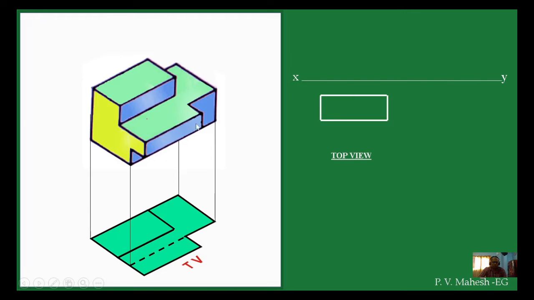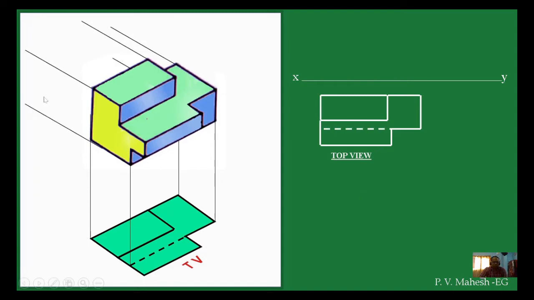You find out what the dimensions of this one are, and you draw that. Now here, what is happening is, one edge is there. This edge is not visible, but it is there in the top view. It is also a lengthwise line. So lengthwise lines will be visible in the top view, and we have to draw them in the top view. But this lengthwise line is not visible, so we represent it as a hidden line. So like this we will represent it.